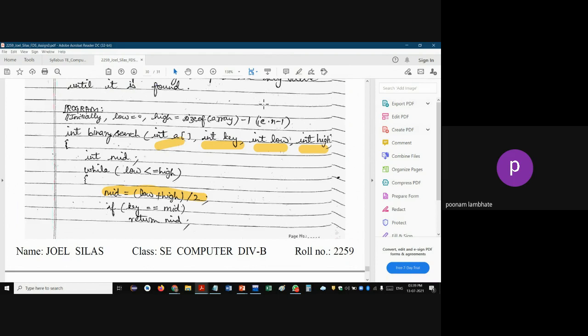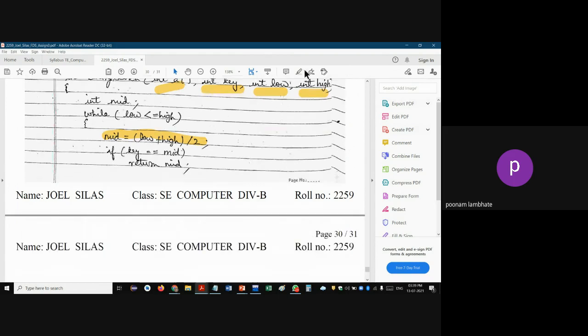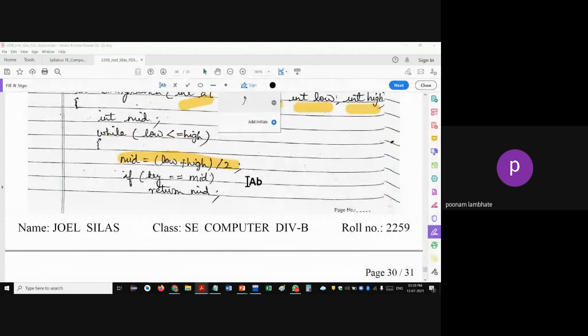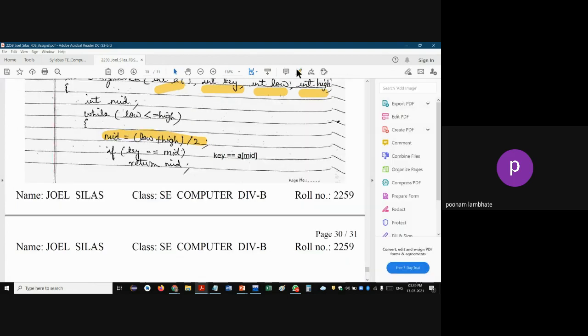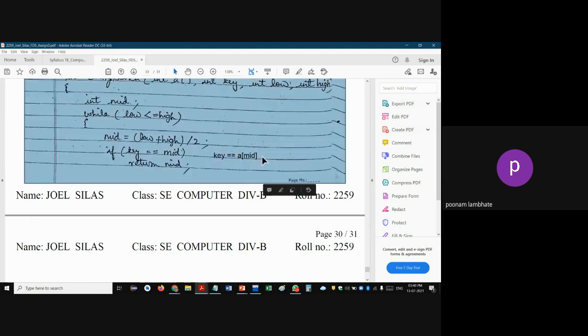Now, if key is equal to, okay, there's one small error here. You must write if key is equal to a of mid. You cannot say key equal to mid, because mid is nothing but an index. You have to compare key with the element at the mid index. So you need to check if key is equal to a of mid or not. If yes, then you can return the element, that is, it is found. Or another approach that I've implemented here,